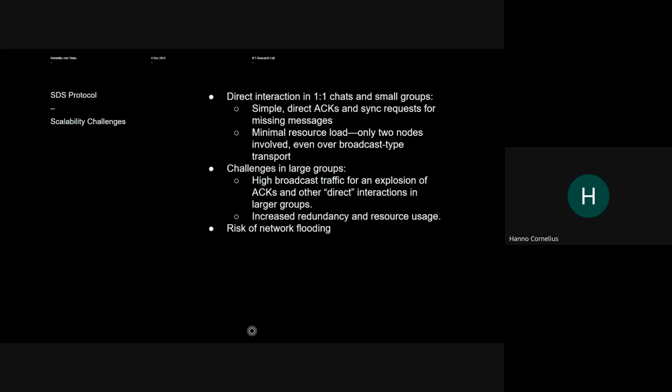However, if the size of the group increases, you will have an explosion of direct interactions here, the acknowledgements, the sync requests, the retrieval requests that arise from each individual participant in the group, and each time is broadcast to everyone in the group. And this increased redundancy and resource usage really risks flooding the network.